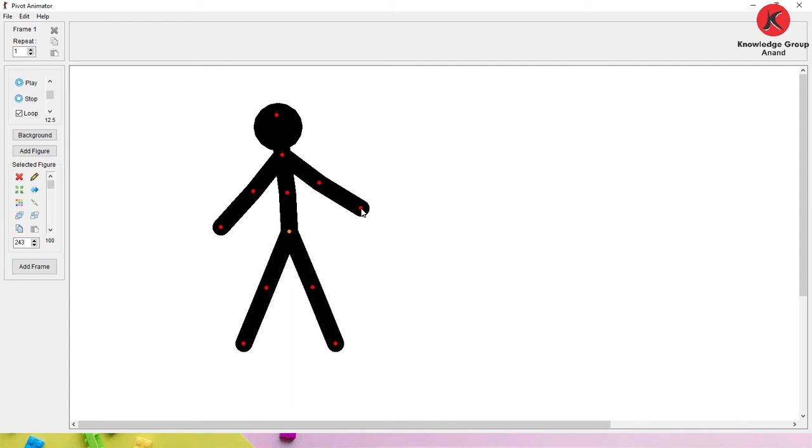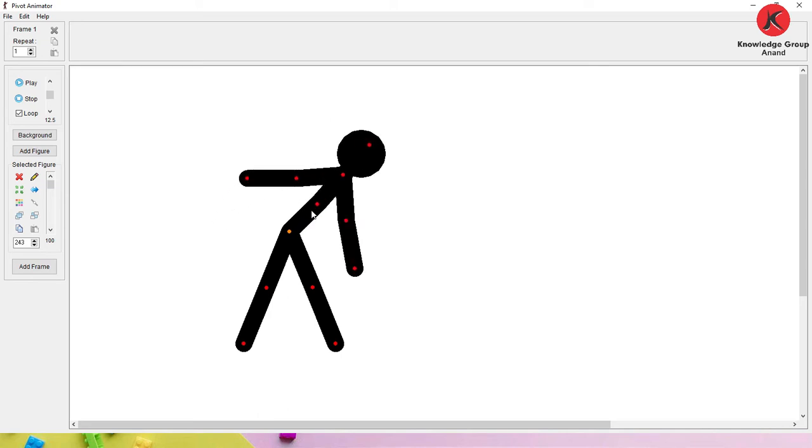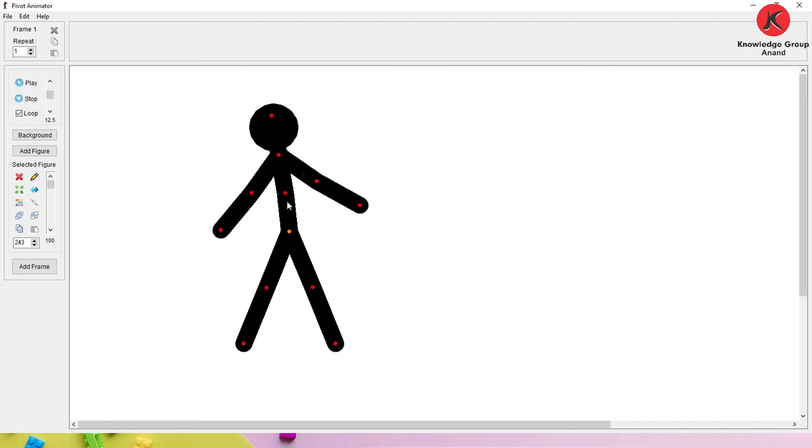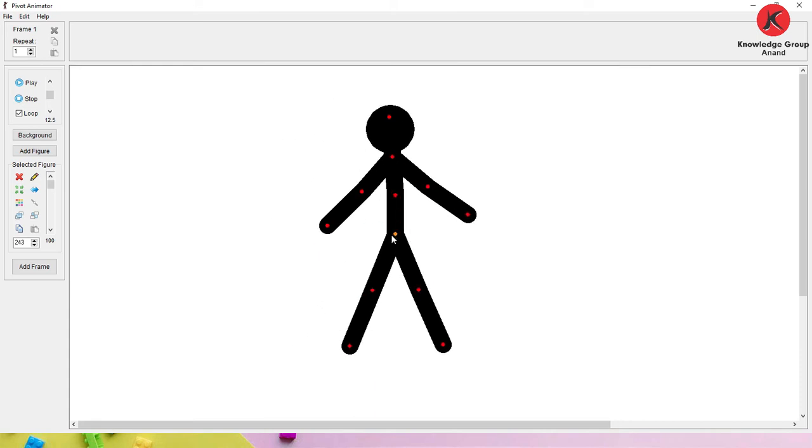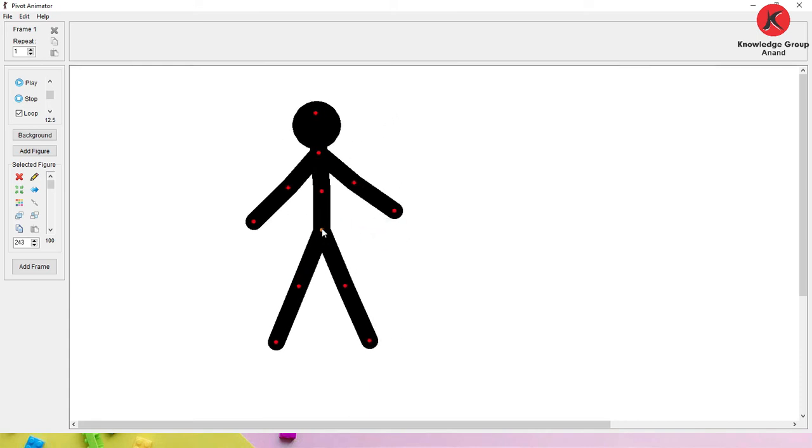The same way we can change the colors also. If you want to rotate the figure, we can rotate it like this. See, we can rotate the figure by using the red dot. Adjusting length: we can also adjust the length of the line segment. For example, if you want to increase the size of this leg, hold down the Control key and it will automatically increase the length of the line. If you want to select the figure, press Ctrl A and everything will be selected, or hold down the Shift key.